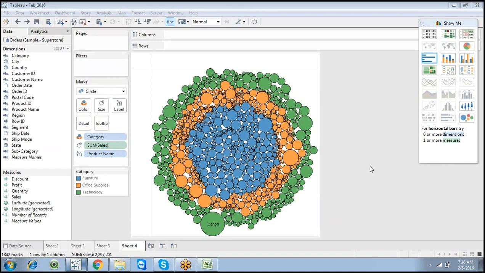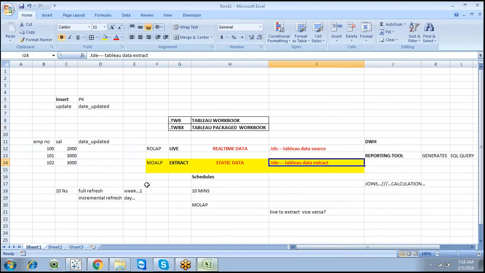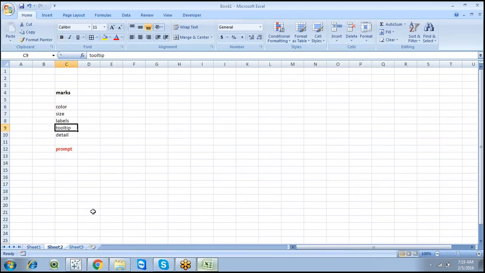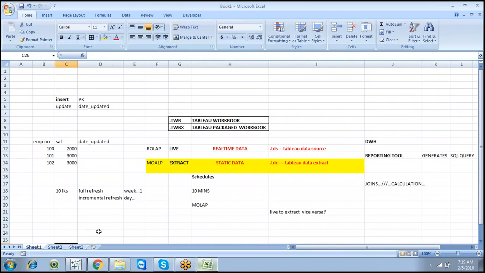This is today's discussion, about live connection, extract, incremental refresh. We discussed incremental refresh, live, extract, and we already explored the .twb and .twbx file, and we can go with differentiation. For now, the marks card and normal views are very important.